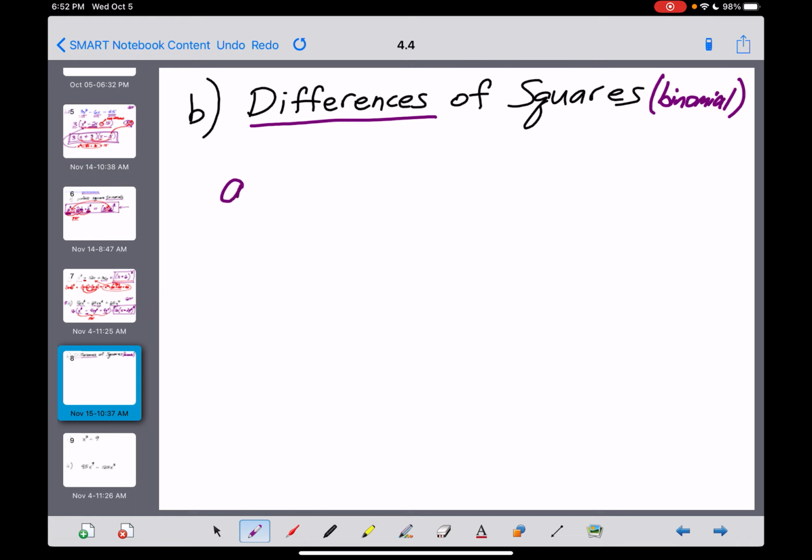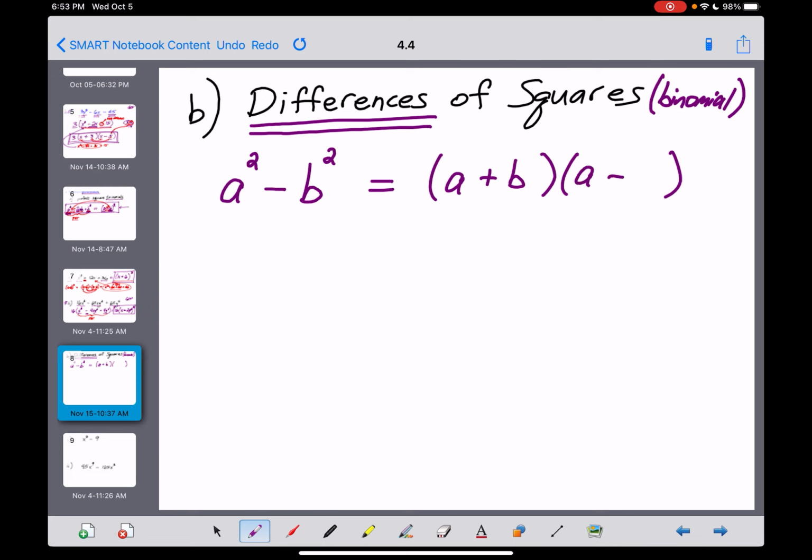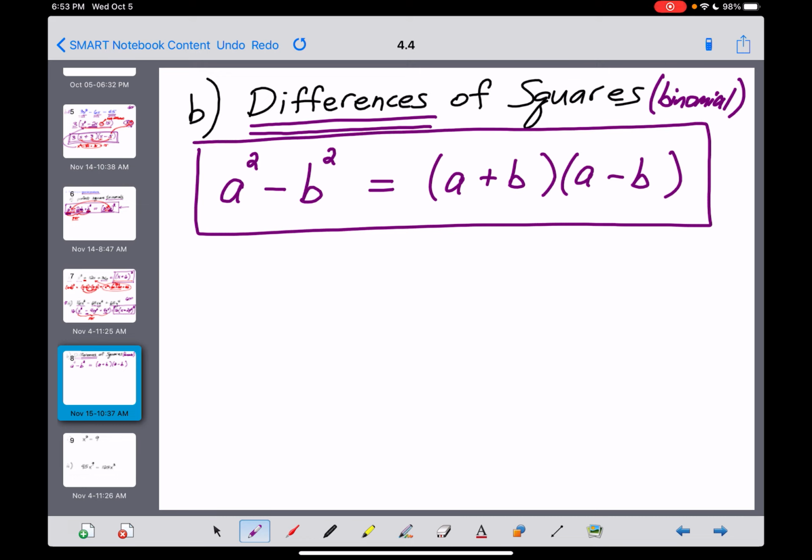So your first term is going to be a perfect square. We'll call that a squared. The second term is going to be a perfect square as well. We'll call that b squared. And because it's a difference of two perfect squares, we put a minus sign in between. So that is what a difference of squares binomial looks like. And that one factors into something really cool. It factors into the product of two binomials. One of them is a plus b, and the other one is a minus b. So I'm going to go ahead and box that up, but now I'm going to introduce just a little bit